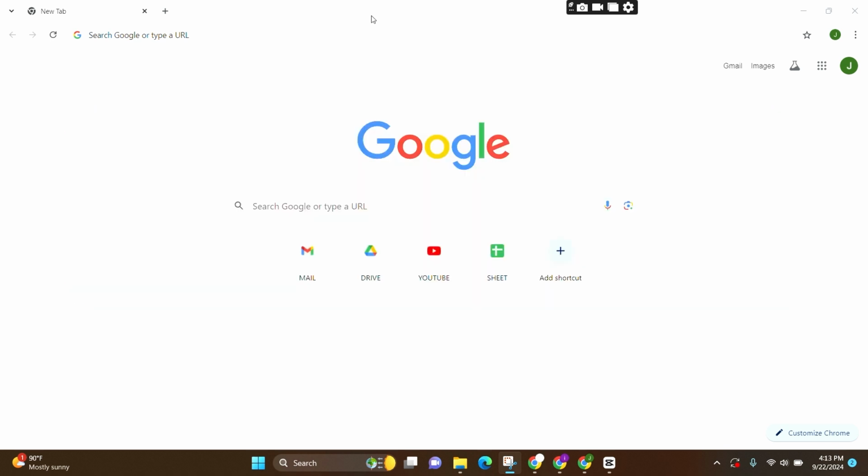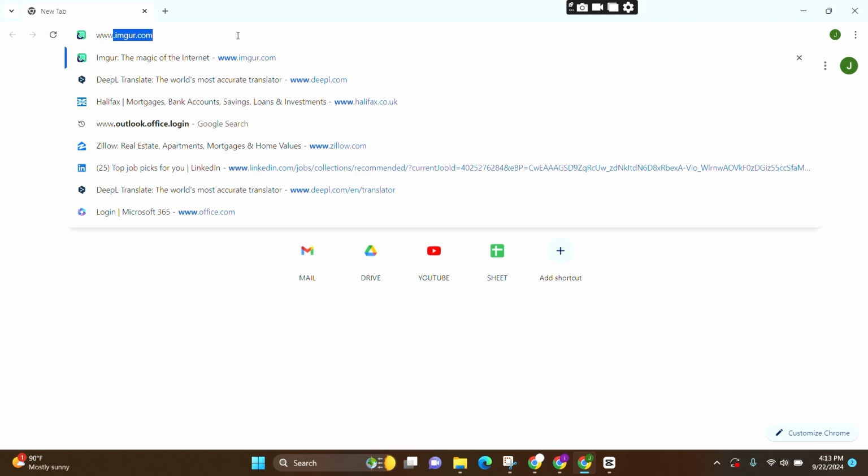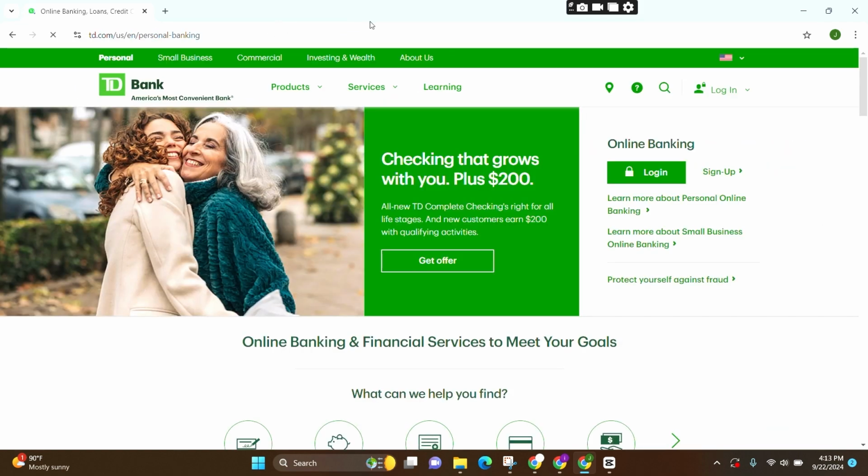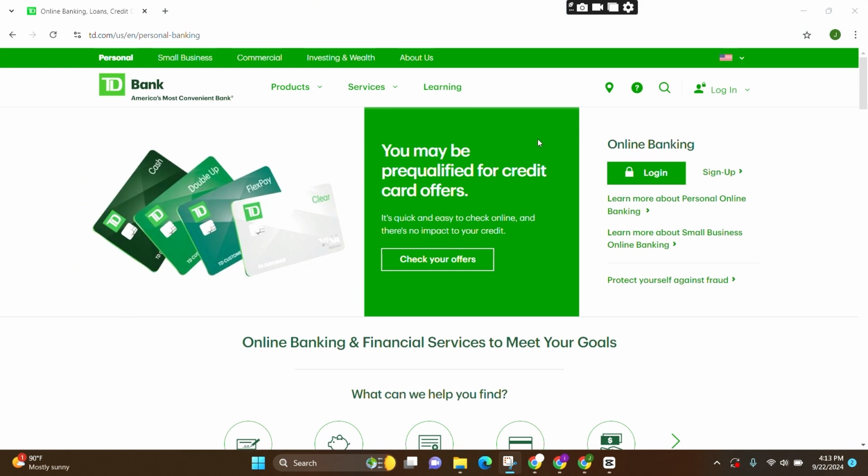For that, firstly, make sure you open one preferred web browser. Here I am opening Google Chrome. Now at the search bar, you can simply search www.tdbank.com and press enter. Now you will be led to this kind of interface, and at the right side you